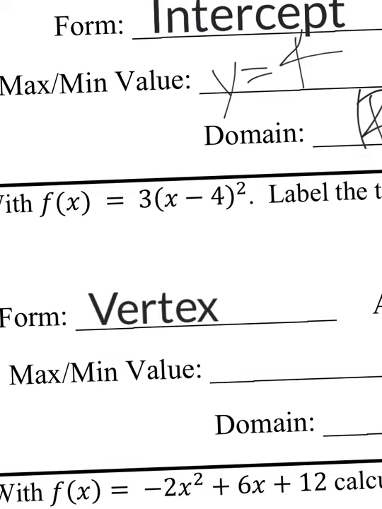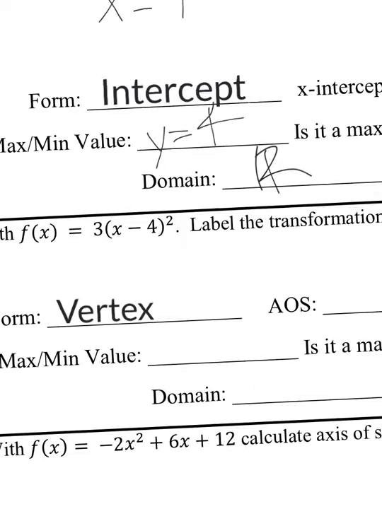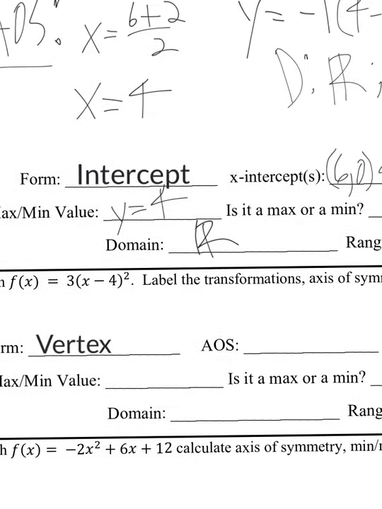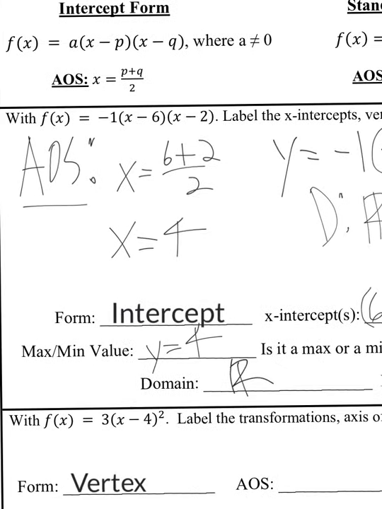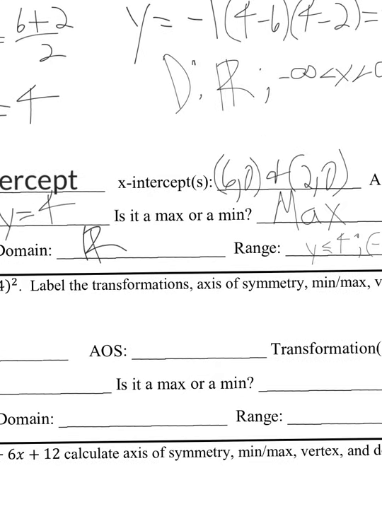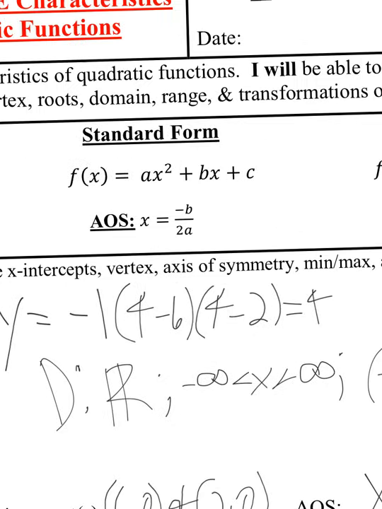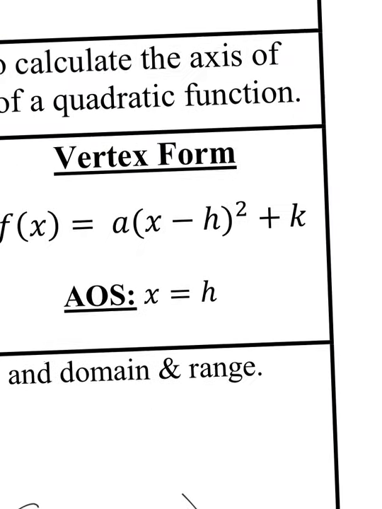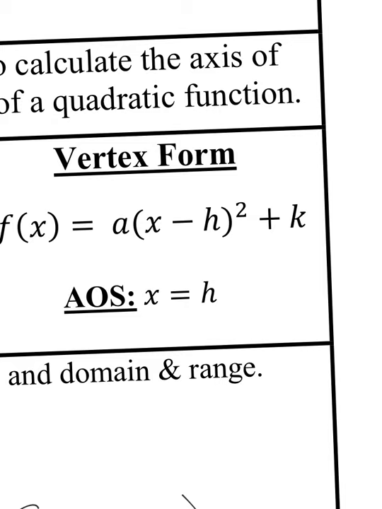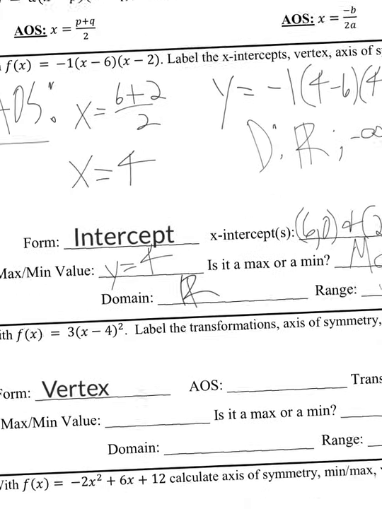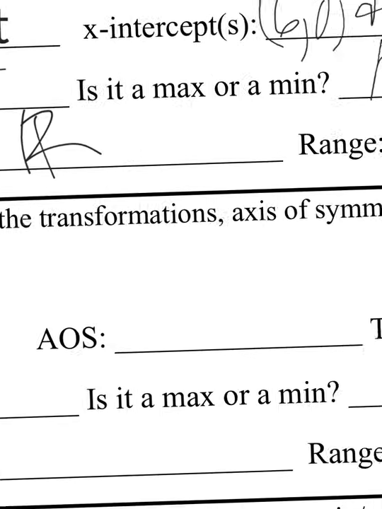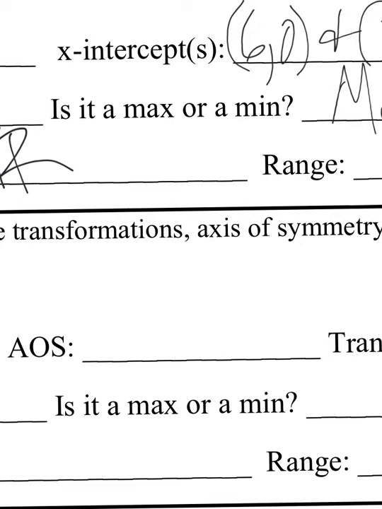Okay, so now that I know what's in vertex form, the x-intercepts aren't immediately obvious just from looking at the form. So you can skip to the axis of symmetry. If it's in vertex form, what's the axis of symmetry? X equals h. So just flip the sign that's on the inside there. So I had a minus 4, so my axis of symmetry is going to be positive 4, so x equals